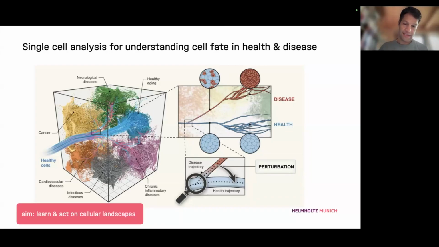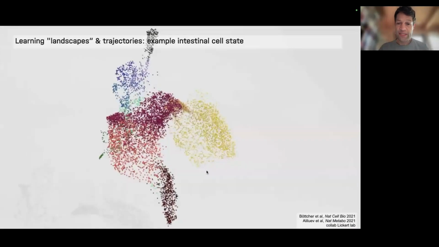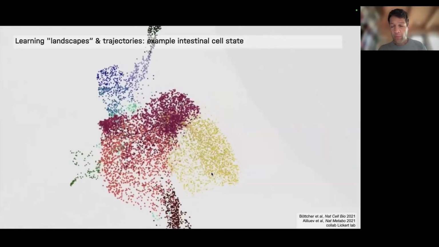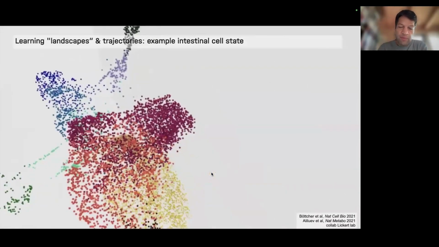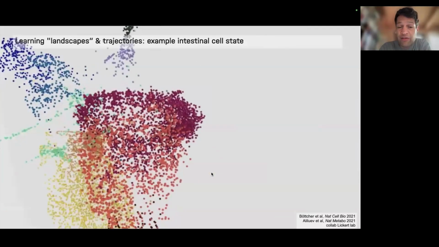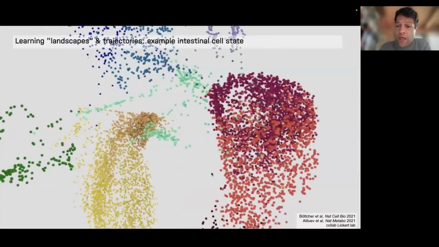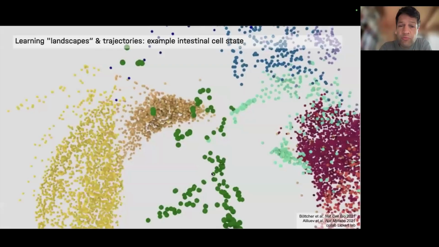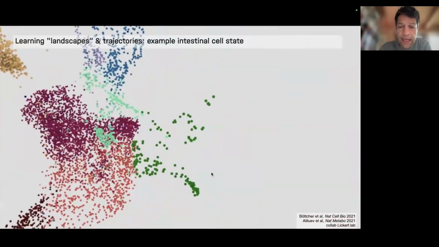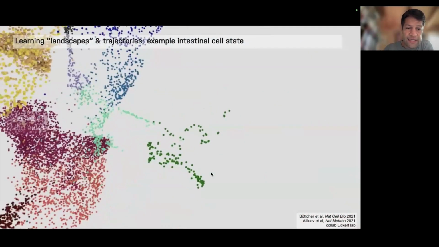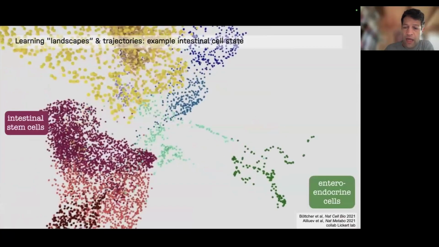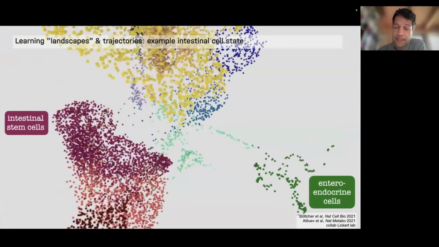This is obviously just an artist's sketch, but we actually have real versions of these landscapes. In this case, we are flying, and I hope the movie is working, through a landscape that's been reduced from 20,000 dimension transcripts to 3, where each of the colors indicates different cell types in the murine gut. This is a collaboration with the Lickert lab, where we see these intestinal stem cells over there that turn into other cell types such as enteroendocrine cells, different cell types in the gut that you need. And you saw they weren't just sitting randomly in this space, they were occupying specific places, the same cell types obviously being close by.